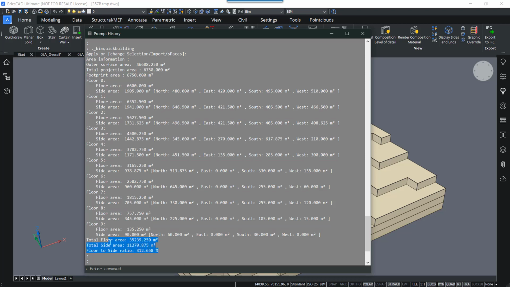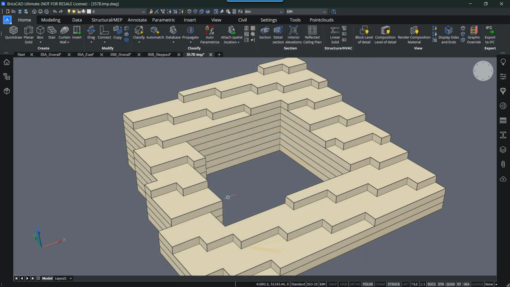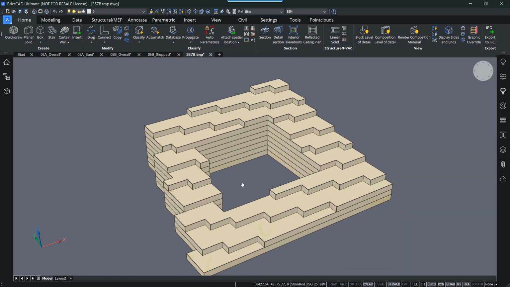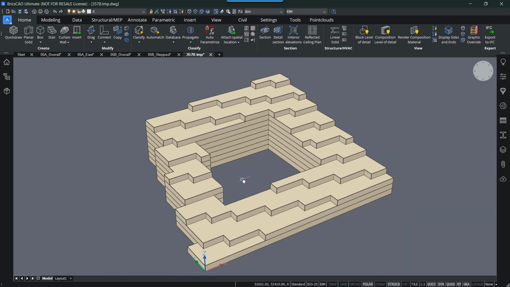So total floor area and all that information. So that's a nice thing to have an overview of. So like this, you can try out different volumes and see what each and every volume has as a result to compare.